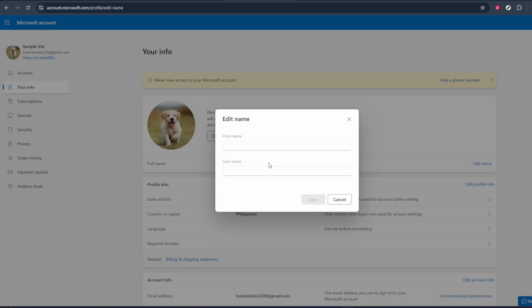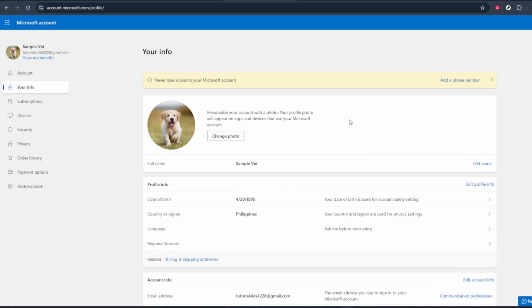After saving, give it a little time for the change to sync. You can go back to Teams and refresh the page. Your updated name should now show up in your profile and be visible to other people in Microsoft